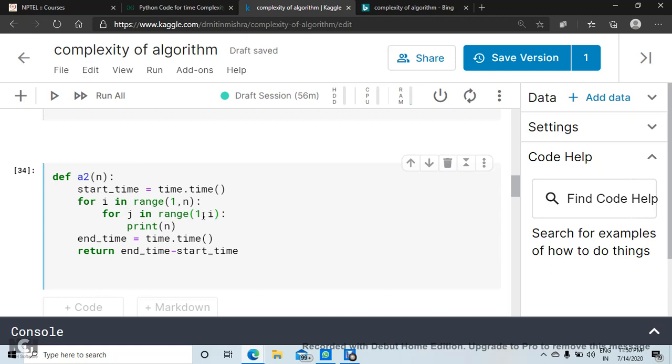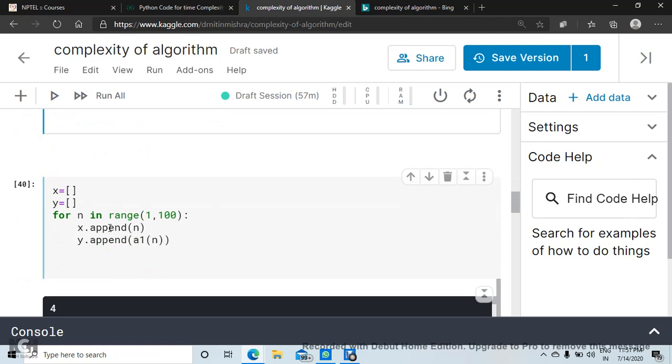Okay, and we have theoretically calculated the time complexity of this algorithm of the order of n square. Okay, if you do not remember, go and visit the previous video on complexity of algorithm. Okay, start time same, end time same. Okay, and for our convenience we have returned the time taken by the algorithm to execute.